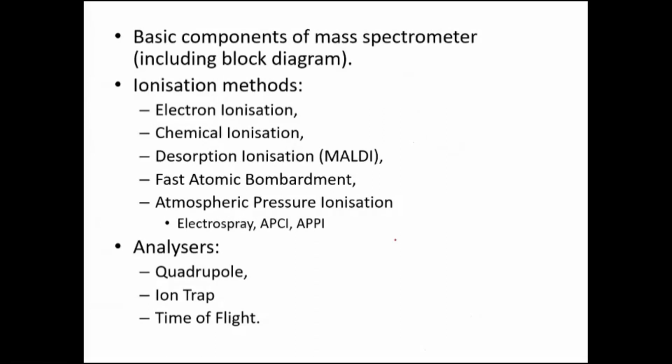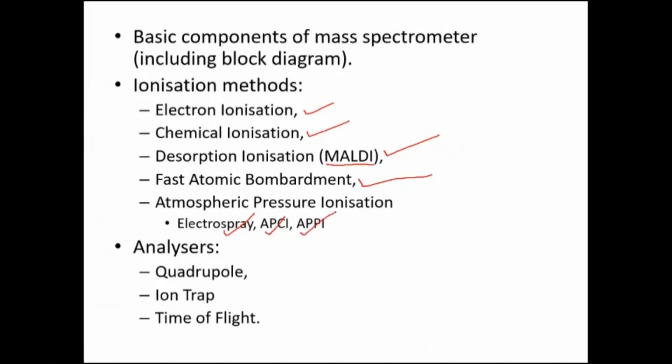In ionization, there are many methods of ionization. The most important are electron ionization, chemical ionization, and desorption ionization. It is many a times also called matrix assisted laser desorption ionization. Then there is something called fast atom bombardment ionization. Then in atmospheric pressure ionization, you have electrospray ionization, atmospheric pressure chemical ionization, and then you have atmospheric